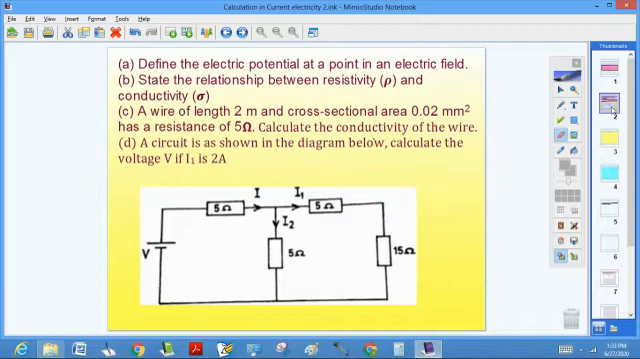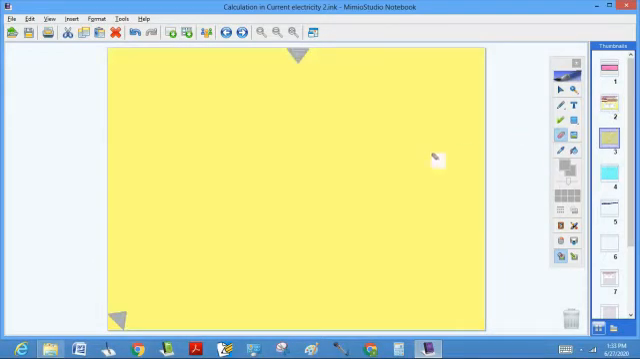D, a circuit is as shown in the diagram below. Calculate the voltage V if I1 is 2 amperes. The circuit diagram represents question D. Okay, moving ahead from there, the first question to be tackled says